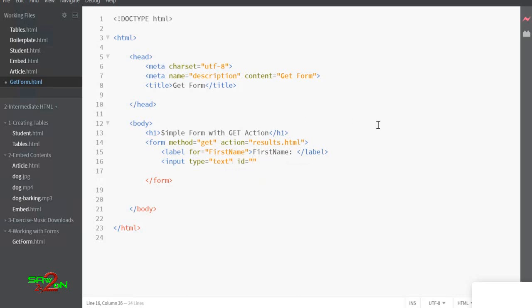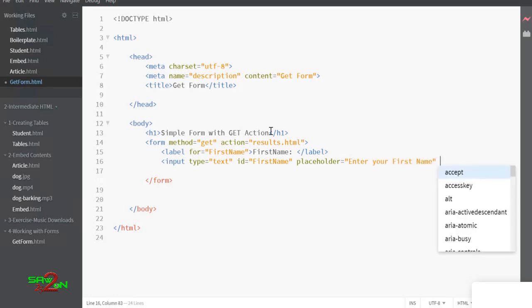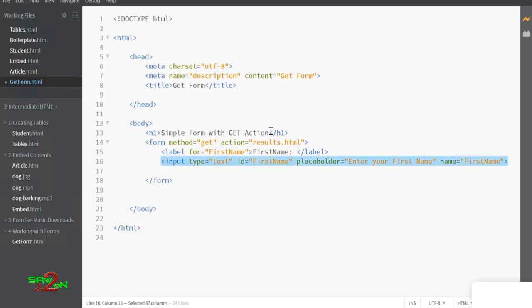Okay, this ID should match the label's for. Right, and if you want to show some text inside the text box, you can use placeholder, and you can say enter your first name. Right, and then we'll give a name to it. It's like a variable name for the input box, so whatever you enter into it will be saved in it.